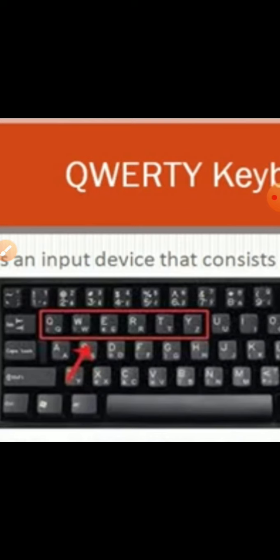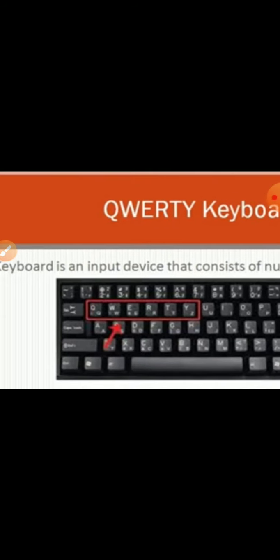That is Q, W, E, R, T and Y. For that reason, this keyboard is known as the QWERTY keyboard. The first six letters of the alphabet row are written sequentially from Q to Y.